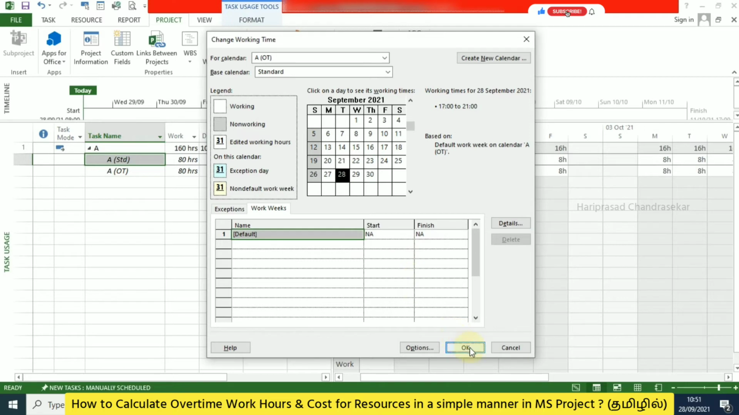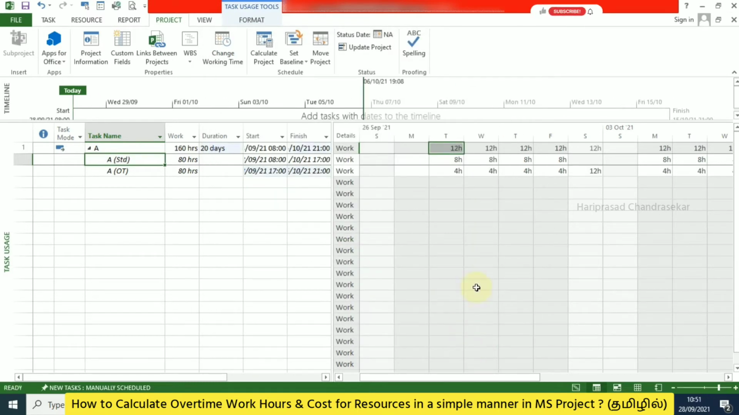Like this you can make changes, and you can now see Saturday is also a working day. As per the legend, it is a working day, and now you click OK. Now you can see how this is getting updated as per the resource calendar. So we can see that the resource calendar is separately taking care of itself,